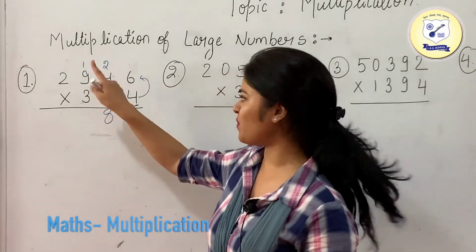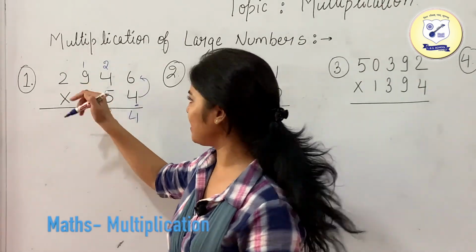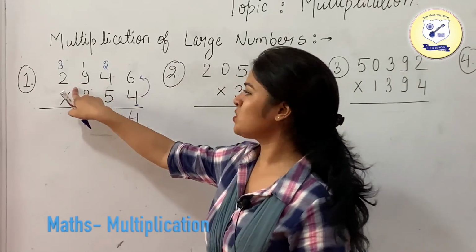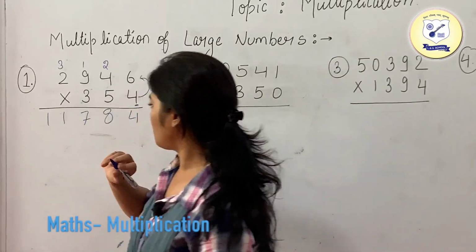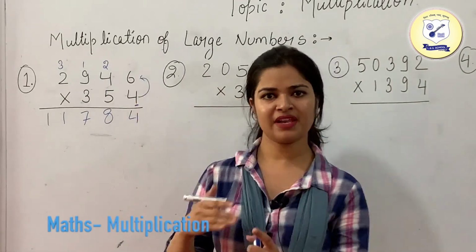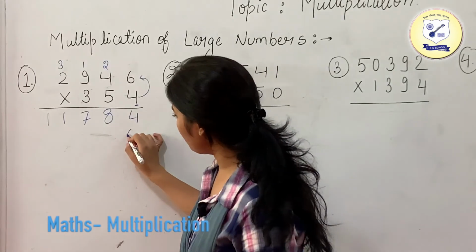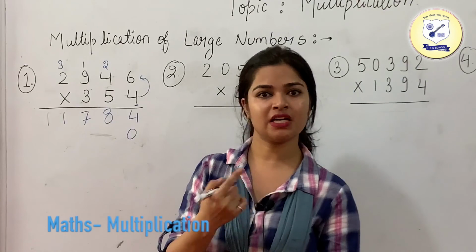Write 8 over here and 1 as your carry. 4 9s are 36. 36 plus 1 is 37. So this is going to be this. 4 2s are 8 and 8 plus 3 is 11. So write it down. Okay. Now as you are done with the first number, and when we are moving to the second number, first what we do is just put a 0. Okay, and then start multiplying the numbers.